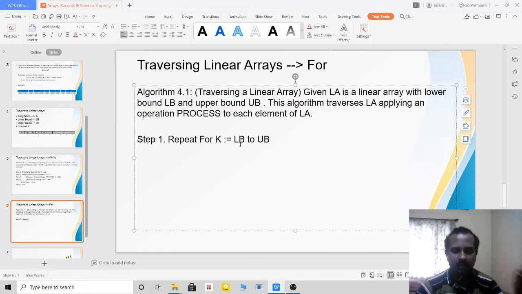Then it will automatically decrease one by one. Apply process to LA of K.